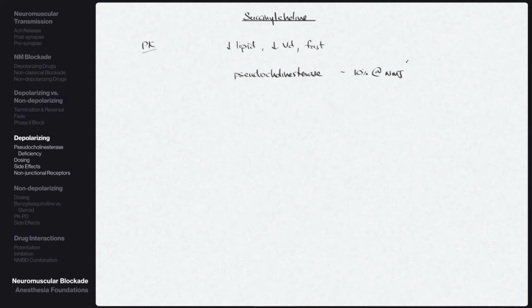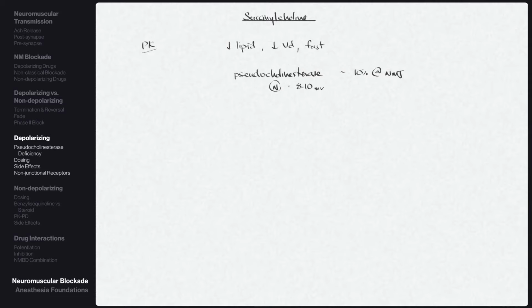And as we said before, because the pseudocholinesterase activity is essentially related to blood volume, we have to dose this based off total body weight as opposed to the lean body weight that we would dose for most of our drugs. As far as the normal duration, it probably lasts about 8 to 10